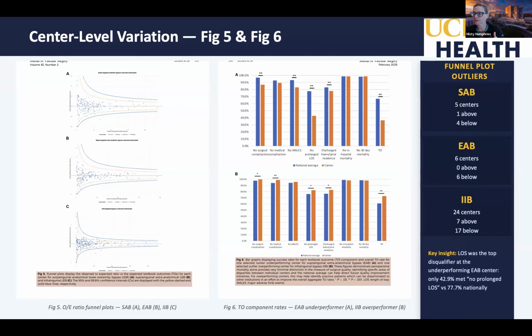And only 42% of the patients there met the non-prolonged length of stay compared to 77% of patients nationally. I think if you're one of these centers and you're looking at your data, this is another data point for you to look at what kind of quality you are doing as an institution. So that's one area. I also think there's another critical point here too, which is 30-day mortality was